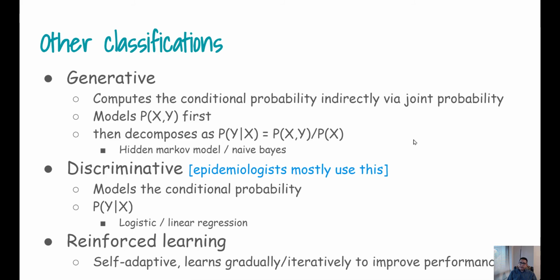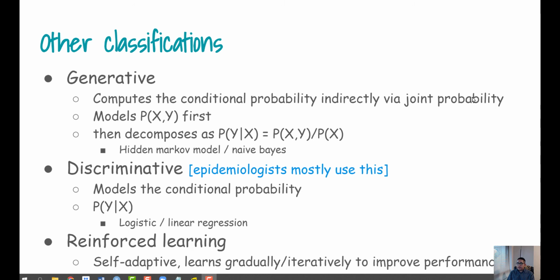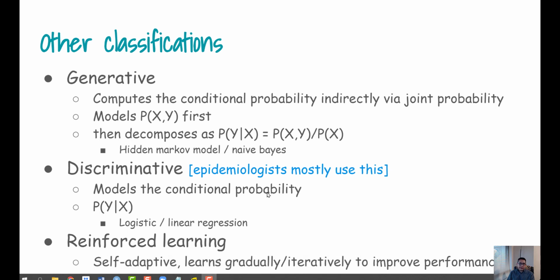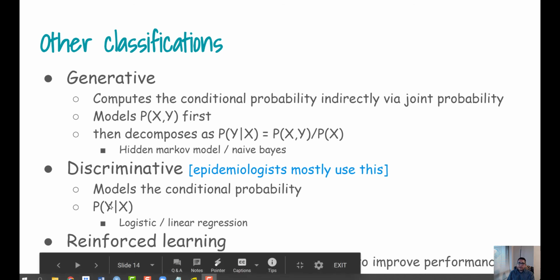Right, there are some other classifications. I'm not going to go into too much detail about them, but generally speaking, when you first build a joint probability and then try to decompose this as the joint probability divided by the marginal probability to get the conditional probability, that kind of model is known as a generative model. But when we try to build or obtain the conditional probability directly from a model, that is generally the discriminative model, and usually epidemiologists use this kind of model more, where they simply model one variable given another variable, where this y variable can be the outcome variable and the x variables could be the inputs